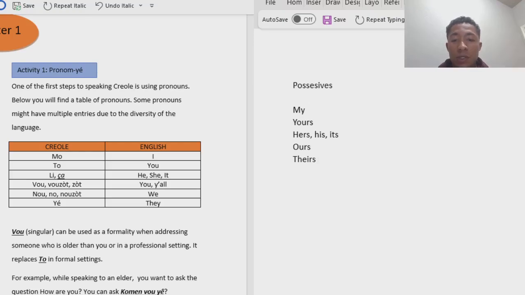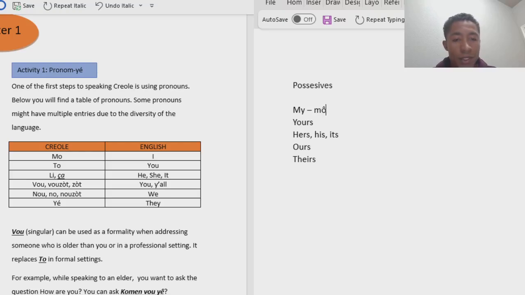Now for this one, you will still be referring back to that original personal pronoun, direct pronoun table as you see on your left screen. However, things do change. You have a change here, a change here, a change here, and a change here. So a lot of things change, actually. So starting off with my, you will actually use